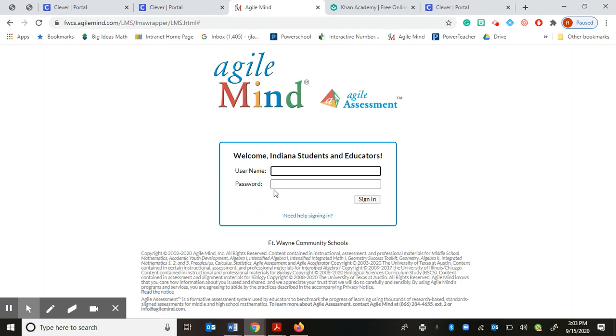And I'm going to show you how to log in using Agile Mind. To log in, you are going to type your first and last name, all lowercase and all together. So mine is Rebecca Hobbs, all together and all lowercase, and then it's your usual password that you use to get into everything else.